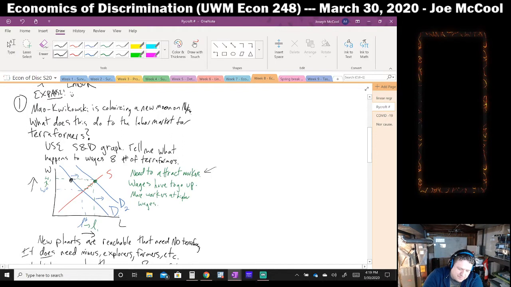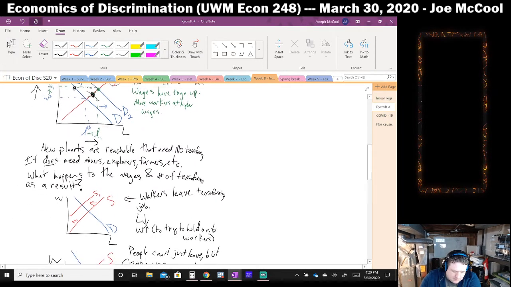Notice that nothing here has happened to the supply curve. That is, there's the same number of workers. Workers still have these reservation wages. Someone will switch over to terraforming, for example, if the wage gets to this level right here that I'm dotting, and they won't switch to terraforming until they get to that point. So as soon as this demand curve reaches that spot right there, then that last worker will join in, right? So nothing has happened to the labor force itself, but what has happened is that we need more workers, and so we're going to have to pay more money to get them.